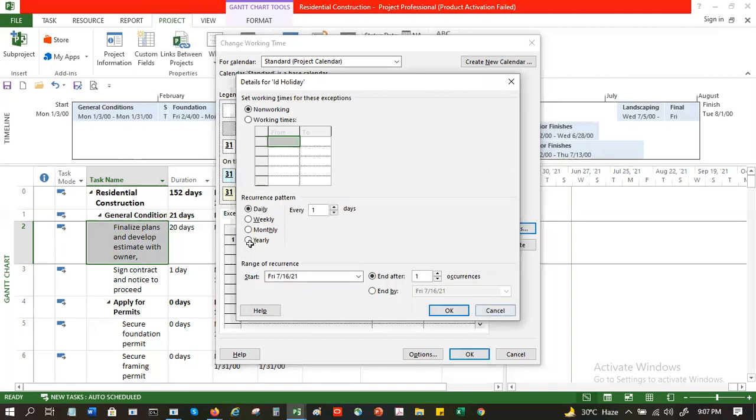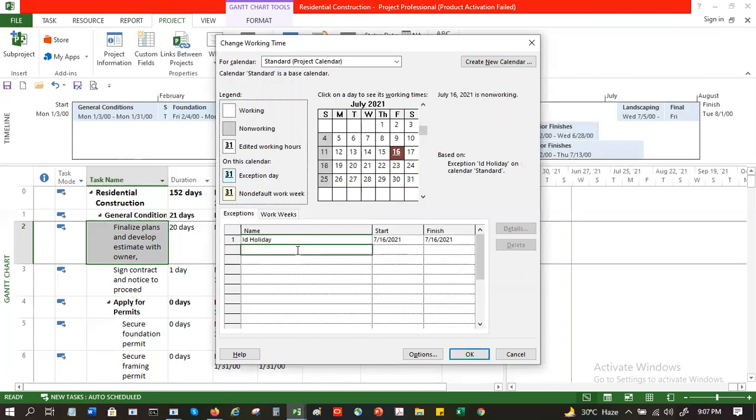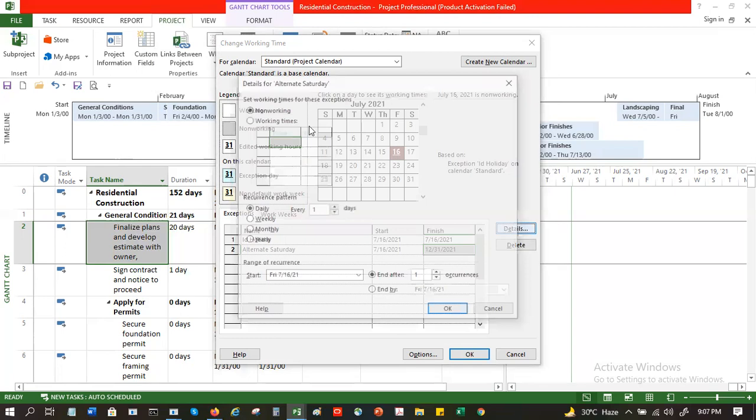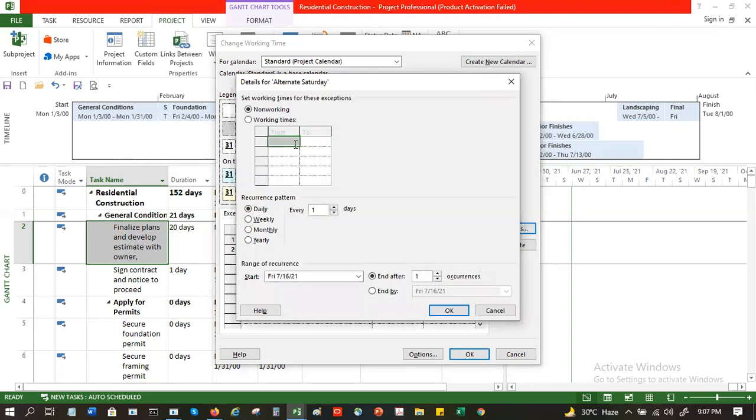Sometimes you might have to do an alternate Saturday holiday. In that case, you go to Details. You can say working time 8 to 12 and 1 to 5.